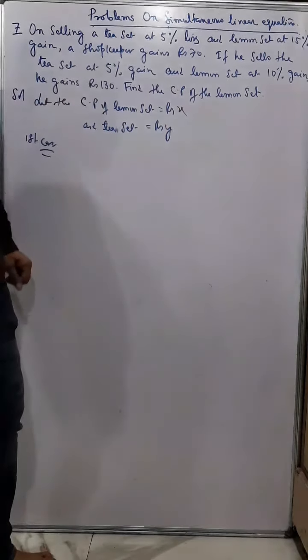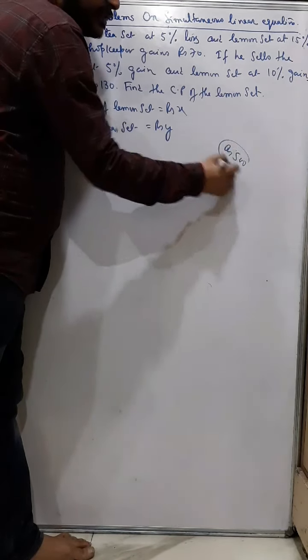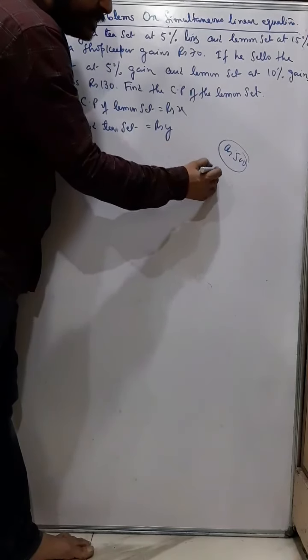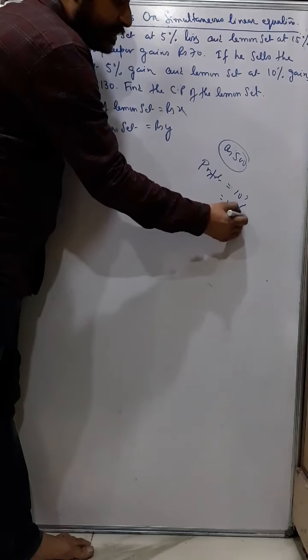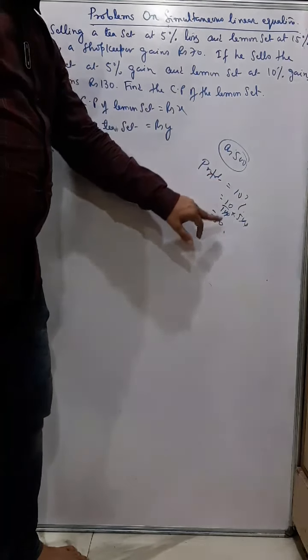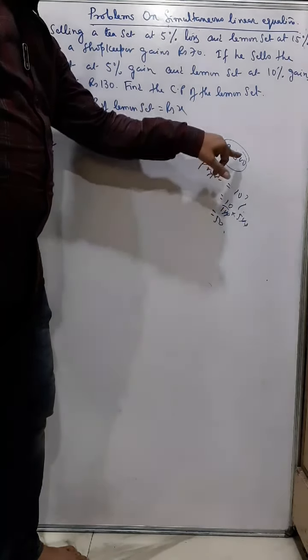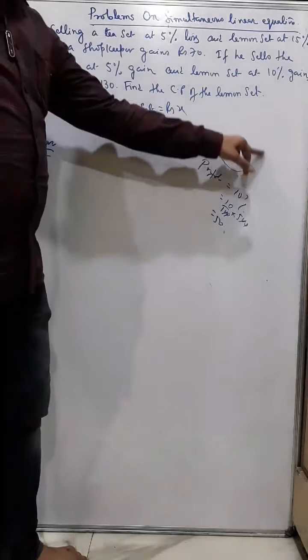Now first case, profit and loss is always calculated on cost price. Suppose the shopkeeper's cost price is 500 and profit is 10%, then I directly get the profit. How much? 10% of 500, so I directly get 50 rupees profit. So if I know the cost price and the profit percentage, I can directly get the profit. Similarly, I can directly get the loss, because profit and loss is directly calculated on CP.